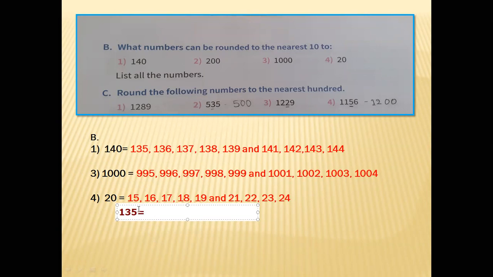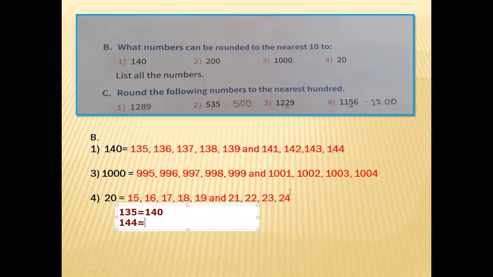Why? Because see, in ones place 5 is there. So in tens place, which digit is there? You have to add 1 to that digit. Here 3 is there. 3 plus 1, it will become 4, so 140. Right? From 135 onwards, these numbers equal 140. Understood now? And then next 136 also equals 140. That number is also nearest to 140. 137 also, 138, 139, and then 140 also equals 140. And then up to where? 144.